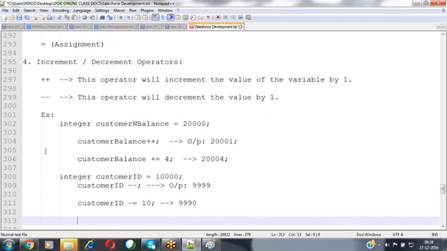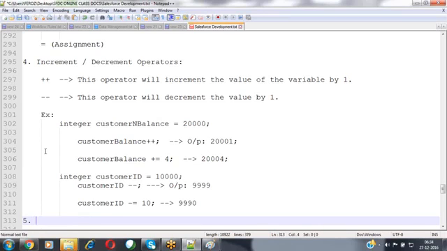So if you want to increment the value by 1 or decrement the value by 1, we use the increment or decrement operators. Plus plus is called the increment operator, minus minus is called the decrement operator. By using these operators, we can increment or decrement the value by 1. If you want to increment or decrement the value by more than 1, we have to go with the assignment operators.